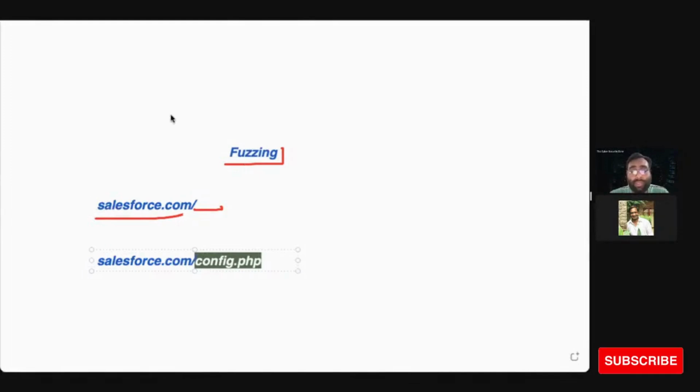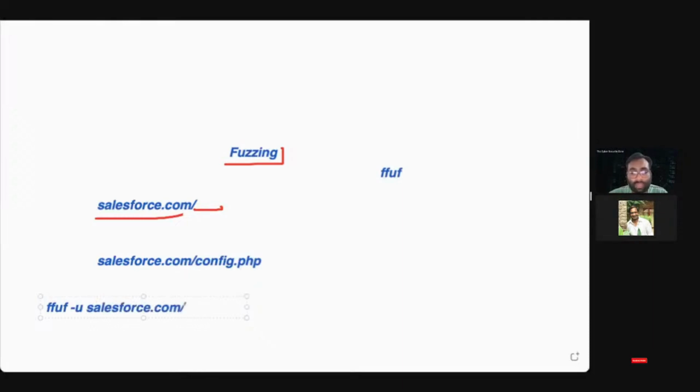To do that, we use a tool called FFUF. The tool name is FFUF. This is pre-installed in your Linux distribution. So you can use the command ffuf, then give your target with -u, salesforce.com/FUZZ.